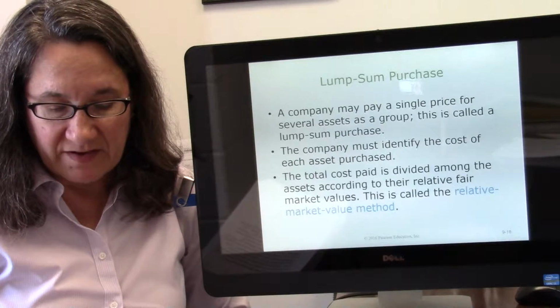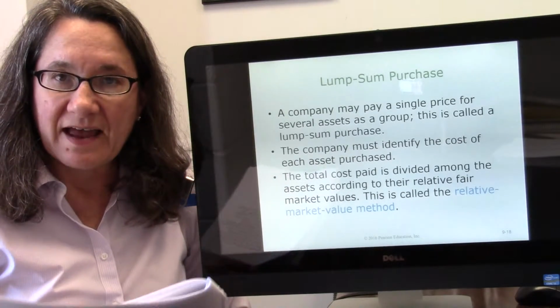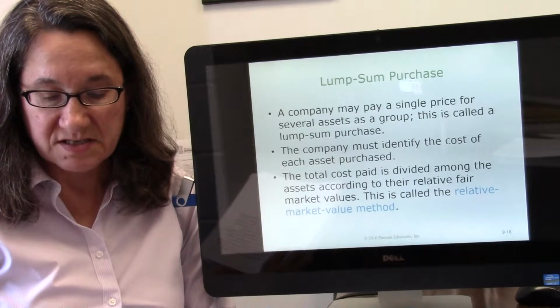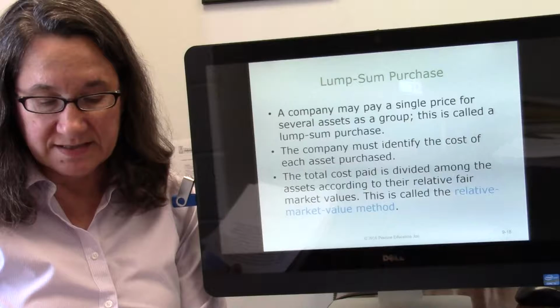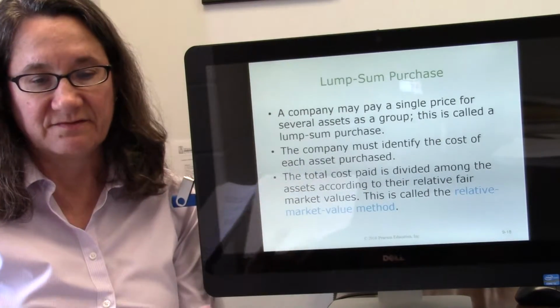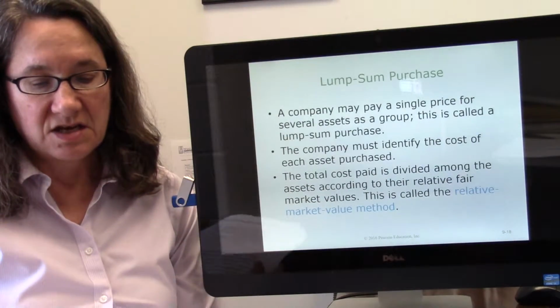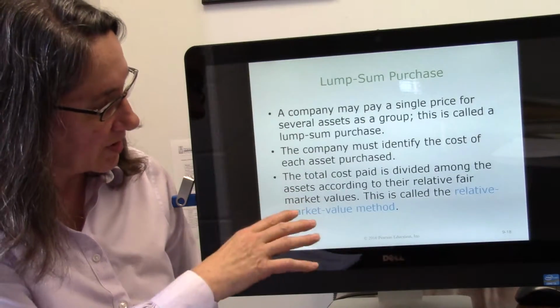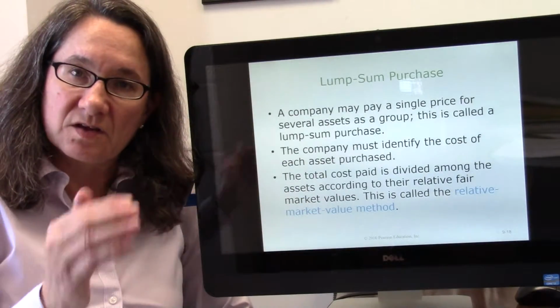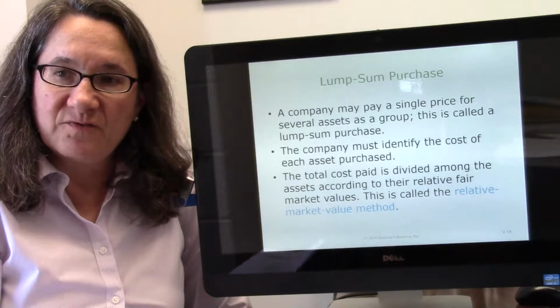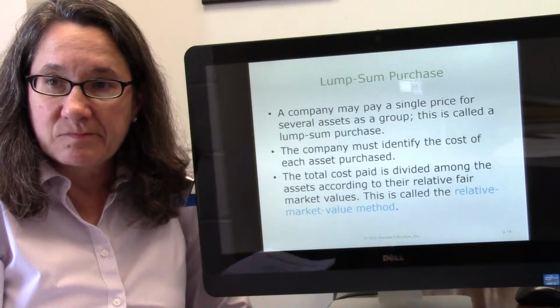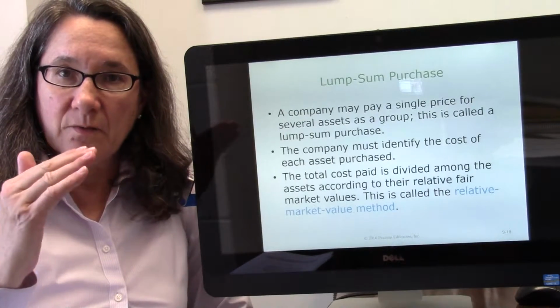The relative market value method is a method of allocating the total cost, 100%, of multiple assets purchased at one time. Total cost is divided among the assets according to their relative market value. So you say you pay $50,000, and then you figure out the market value of everything. And then you can just say, okay, well,